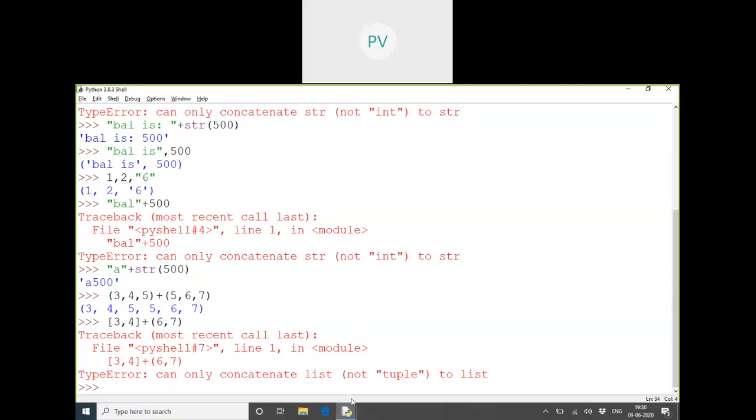So it's like concatenation. Plus is overloaded actually. It is doing some extra work. We'll be learning this concept later. How is plus able to concat two lists, two tuples? We have a chapter for that also. Right now we should only understand plus should be used either with numeric types or two string types, but not a combination of different types.